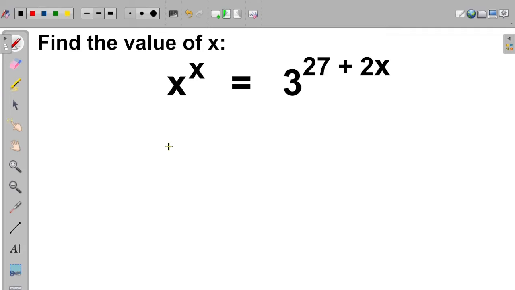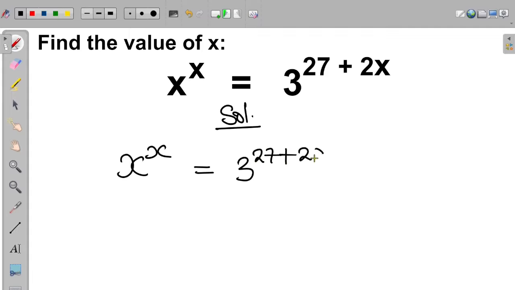In this video, we are asked to find the value of x. So let us provide the solution to this question. So we have that x to the power of x is equal to 3 raised to the power of 27 plus 2x. Now, looking at the right hand side, the first thing we do here is to apply the multiplication